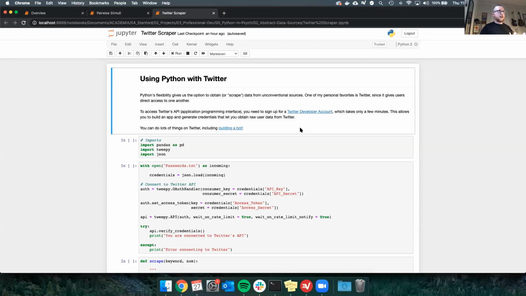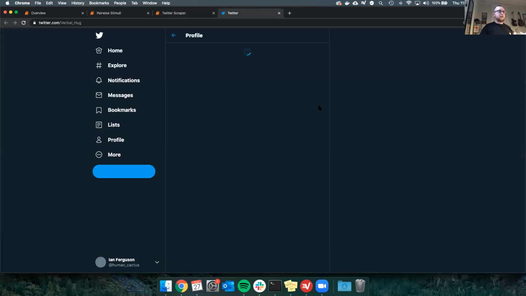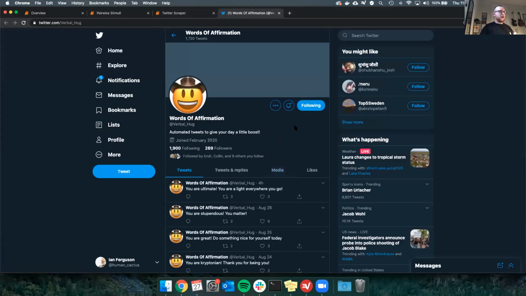And a bit of an aside, but Python doesn't stop there with its access to Twitter. You can also build a bot. I built this bot all in Python. Took an hour or two one afternoon, and it just tweets nice things at people every morning. I have it on the server. So an aside, but something cool you can do with Twitter.